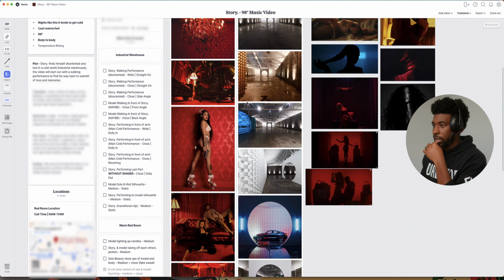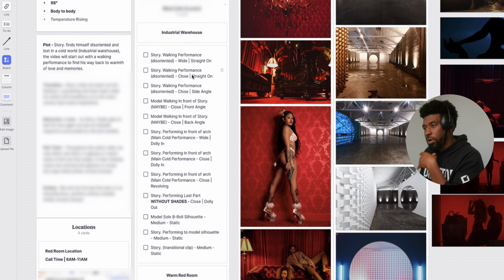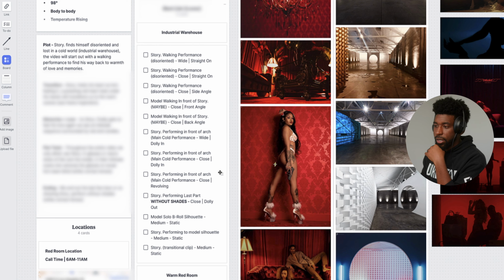So I didn't want to dial it in super specific because I knew I was going to be working with other people that I might potentially take some advice from. So my shot list, super loose. At the warehouse, I wanted to get shots of him walking, story walking. I wanted to get shots of him performing in front of this arch. I wanted to get some really cool silhouette shots here. And I also wanted to